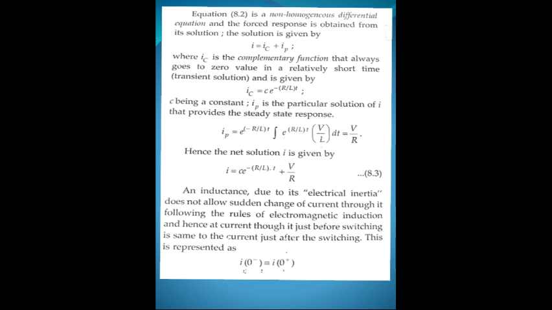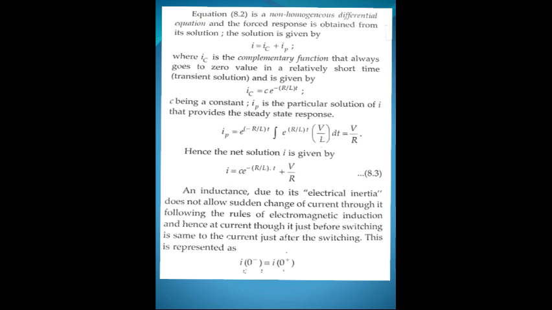We know that V upon L is a constant, so there is no integration of this part, only integration takes place with e to the power R upon L dot t dt. The simplified solution is V upon R. So the net solution of I is equal to C e to the power minus R upon L t plus V upon R. Now at t is equal to 0, I is equal to 0, because an inductor does not allow sudden